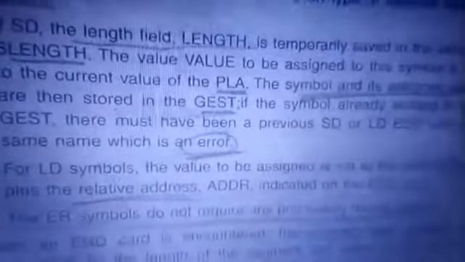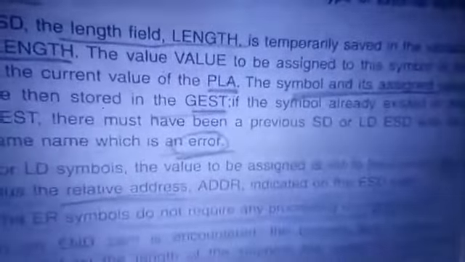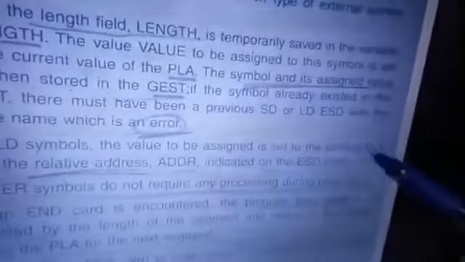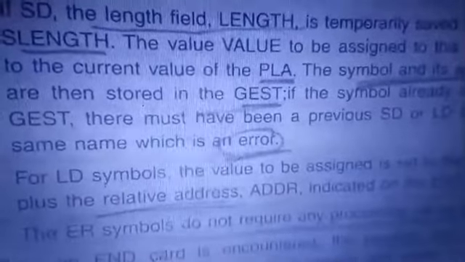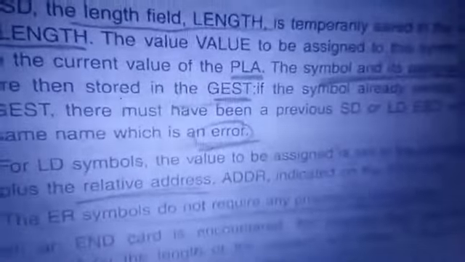If it is LD, a local definition, then there is not much to bother about, because all the information will be available. PAL is called the relative address. You need to add the relative address. PAL means the current location. Relative address means the translated address. If the translated address is 400, then 540 is added with the PAL address.